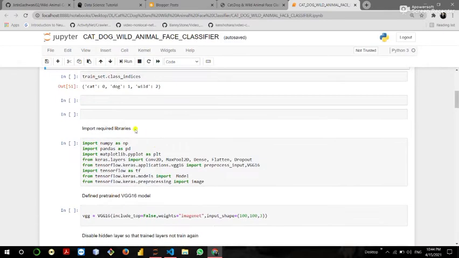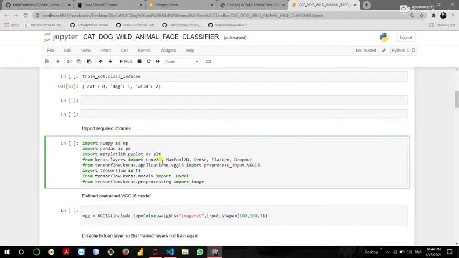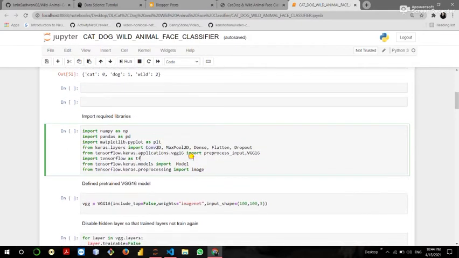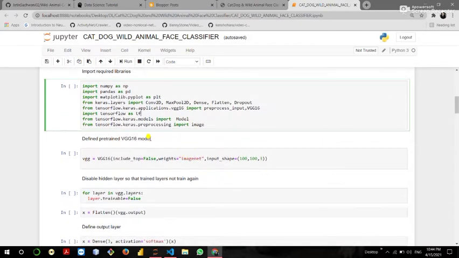Then import the required libraries like NumPy, Pandas, Matplotlib, and our layers like Convolutional, MaxPool2D, Dense, etc., TensorFlow, then Model, and image for image processing. Then we are using transfer learning, a pre-trained VGG16 model.